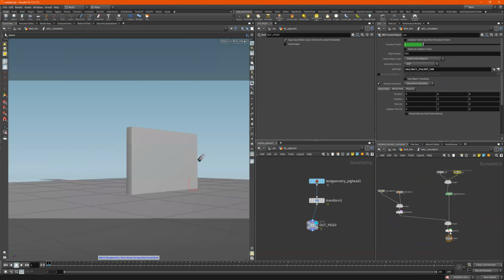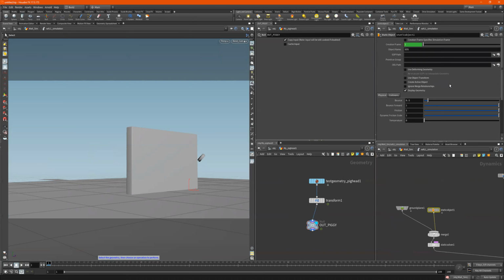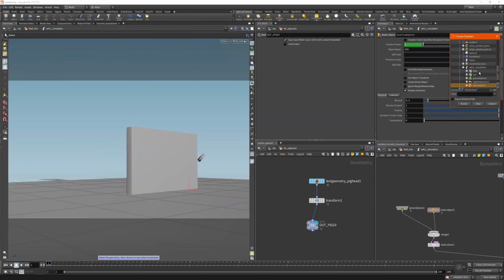Now if I click on this and go in here, there's the static object. I didn't hook up the pig yet, so let's do it. Let's go to the SOP path. Remember, wall simulation is what we're in. So we can drag it in or we can just find it. So wall simulation,